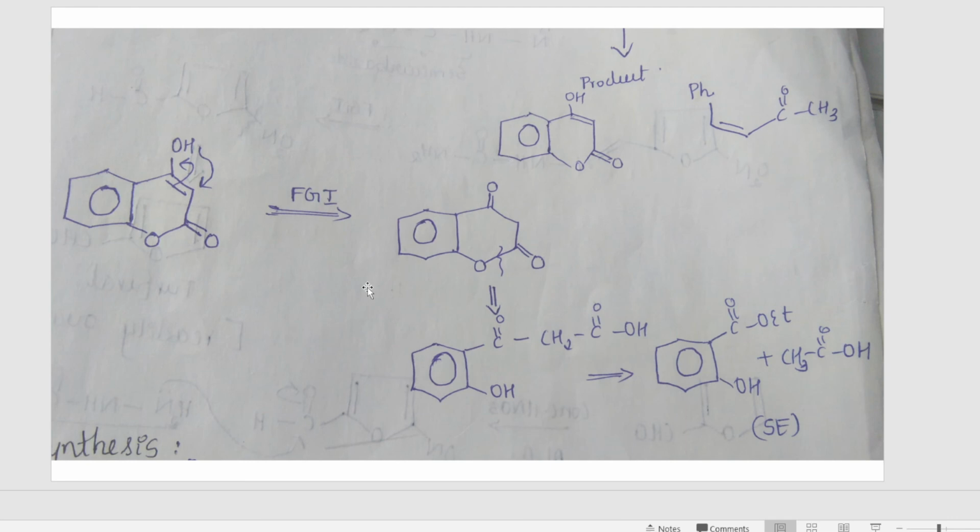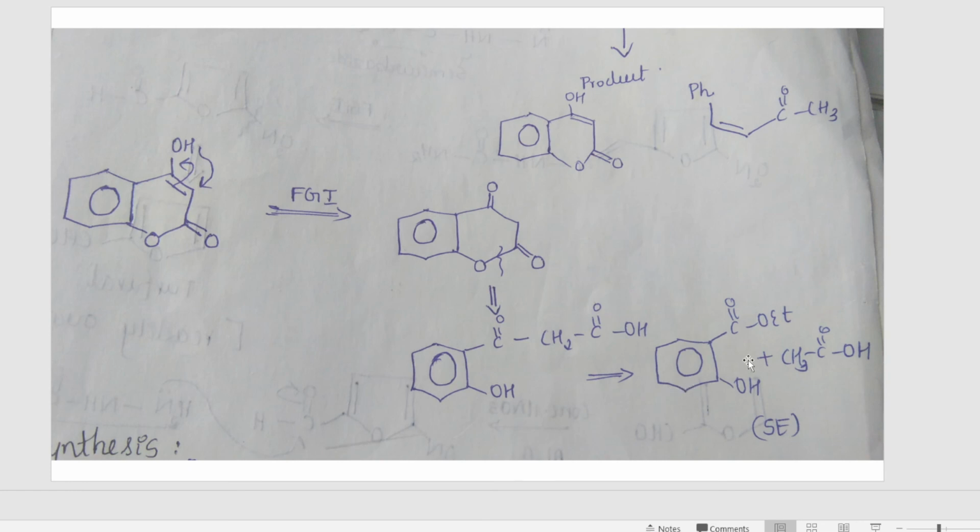Once you have done that, now see here, once again you can disconnect this molecule. We are disconnecting it at this position, so you will get C double bond O, CH2, C double bond O, OH, and one H gets added over here. That is, you are adding water. So one OH gets added to this carbon and the H plus part of the water gets added to this oxygen. Because while disconnecting here, this oxygen will get a negative charge and carbon will get a plus charge. So water's OH part will add to this carbon and H part will add to this oxygen.